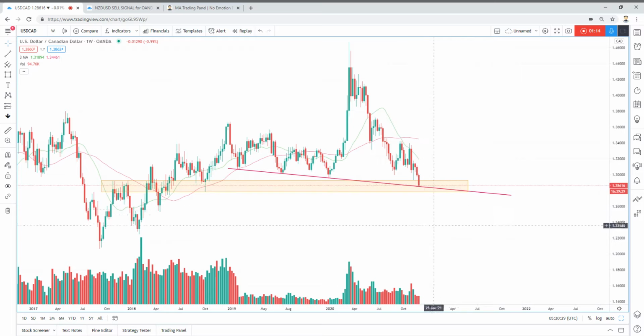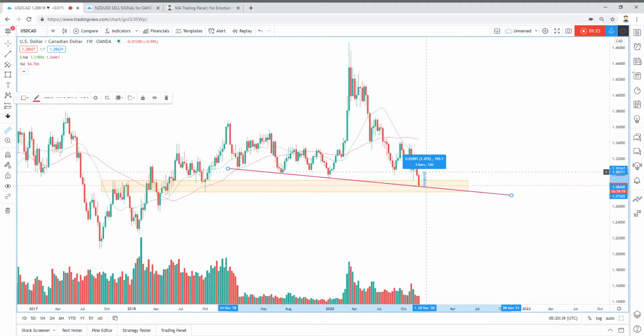And the good thing about current levels is that at least you will get a good risk to reward ratio, and TP1 we can put at least 100 pips, because on the bounce from here we expect price to at least move towards this zone, which is 283 pips. So if you buy a little bit lower or at current levels also, we can expect at least TP1 at 100 pips and final TP at 280 pips. So that is going to be a very nice trade if it works out as we expect.